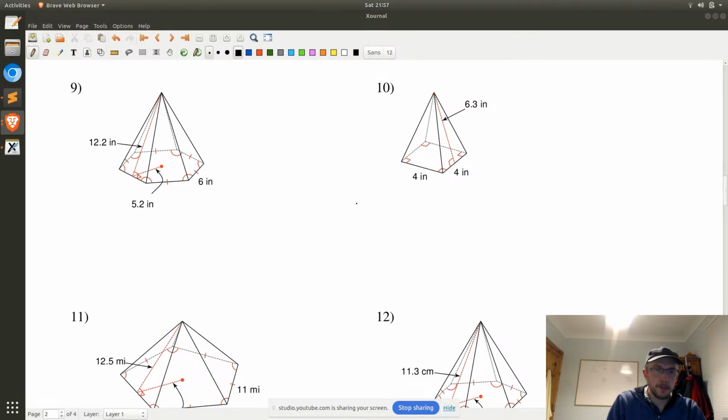Next up, hexagon. So 6 times 12.2, divide that by 2, and then times all of that by 6. So in other words, 3 times 12.2, which is 36.6, and then all of that has to be multiplied by 6, so 219.6